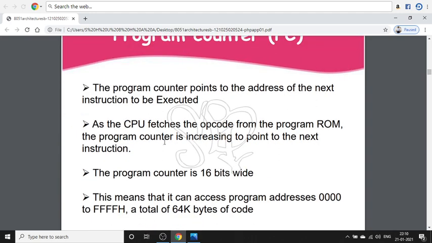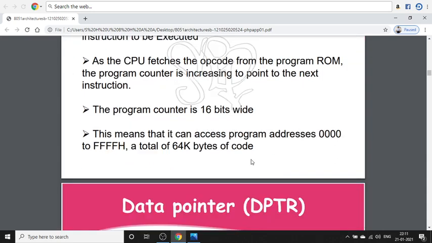Here, as the CPU fetches the opcode from the program memory, that is the read-only memory, the program counter is incremented to point to the next instruction. It is 16-bit wide, which can be represented as a hexadecimal number, from 0000H to FFFFH, and the total program memory is 64 kilobytes.